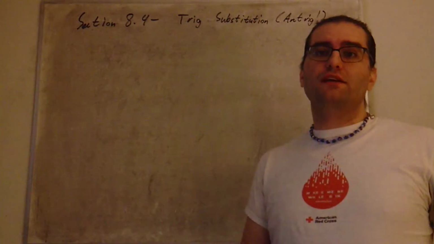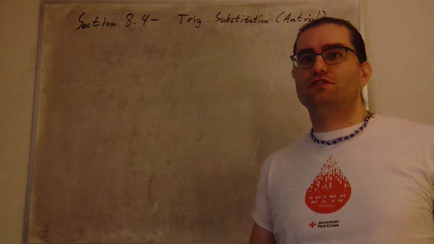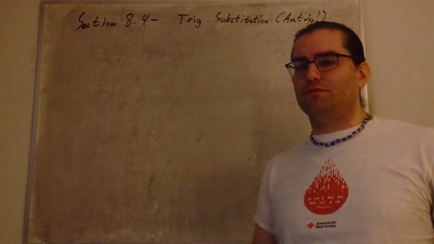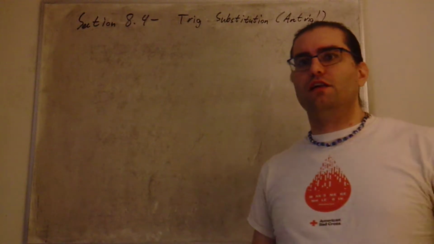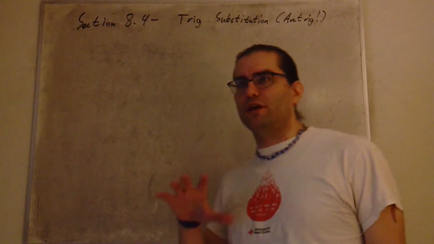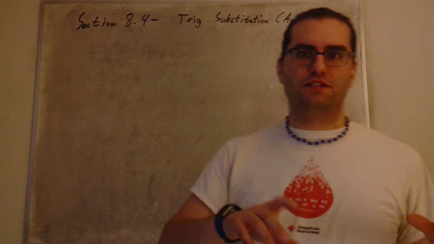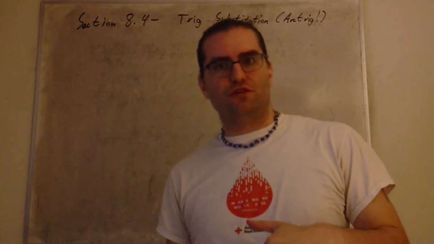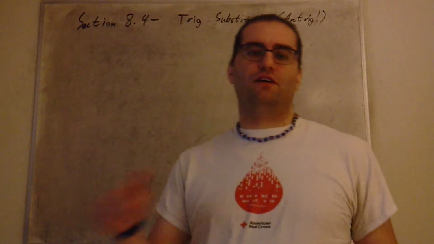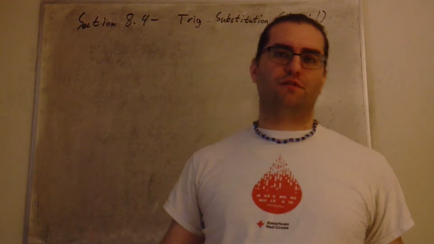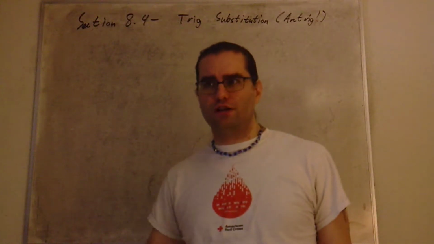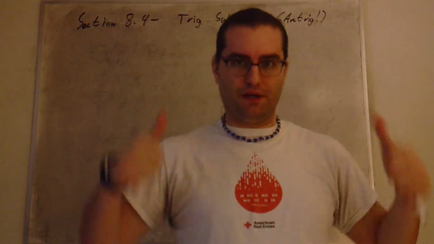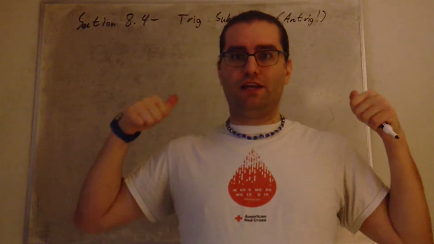This is trig substitution, which, based on the name, probably sounds a lot like what we were just doing in the last section. The last section we had trig integrals with like a bunch of sines and cosines to different exponents, and we were learning how we could substitute some of those using the Pythagorean identity into other versions so that we could eventually turn it into something we could do with integration by substitution. So there was a lot of trig happening and a lot of substitution, but that is completely different from what we're doing here. The integrals we're going to look at here